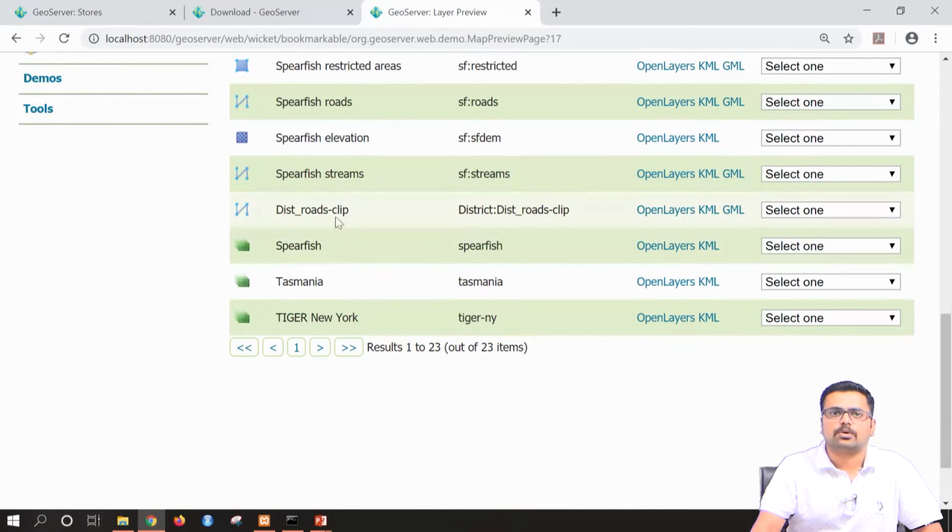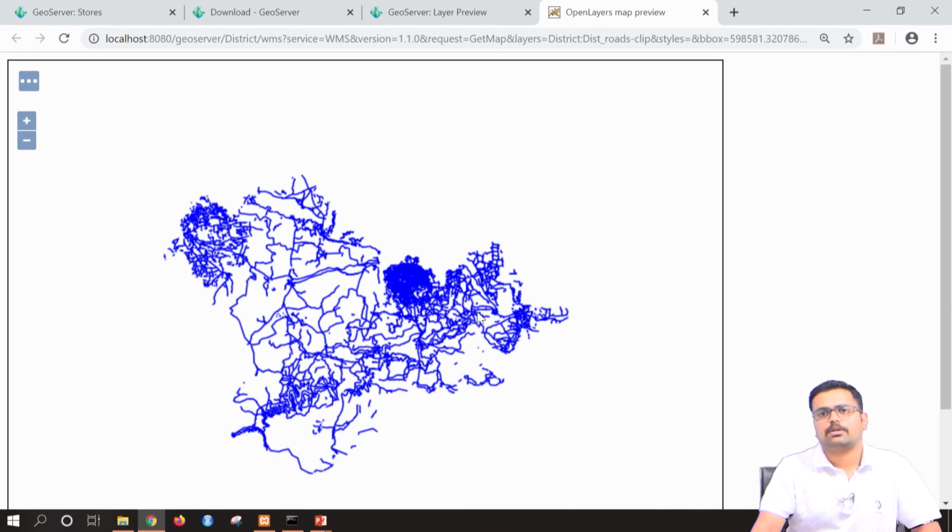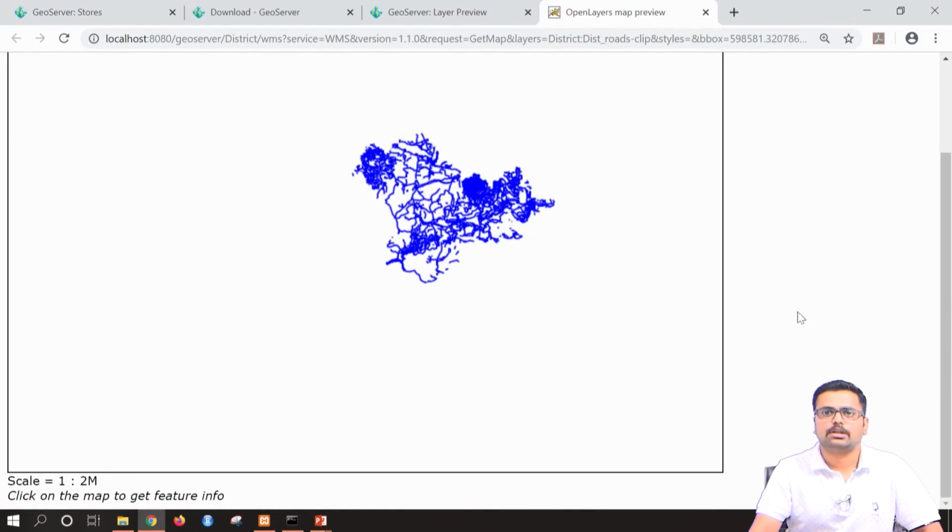If you go down, you will see district roads clip. Here you can click on OpenLayers. This is our Mysore roads which is cropped according to the district boundary. At the bottom you can also see the coordinate information in terms of UTM, so meters, and to the left you have the scale.